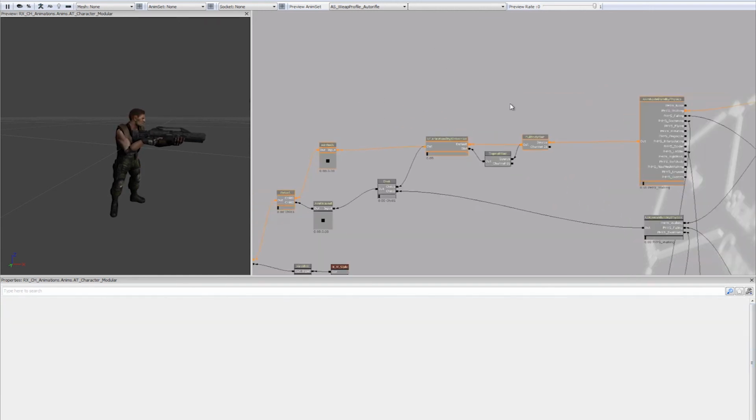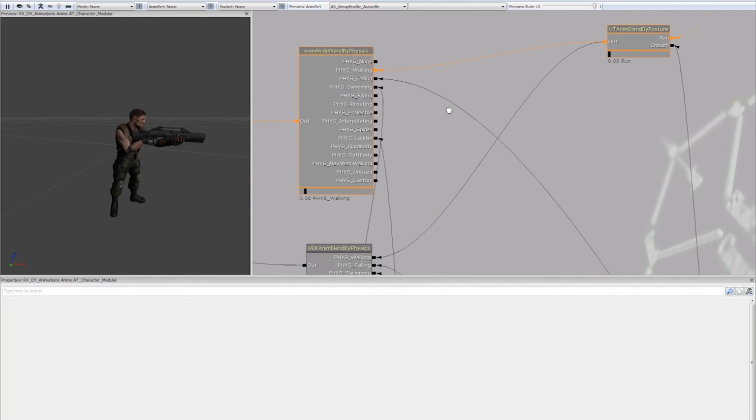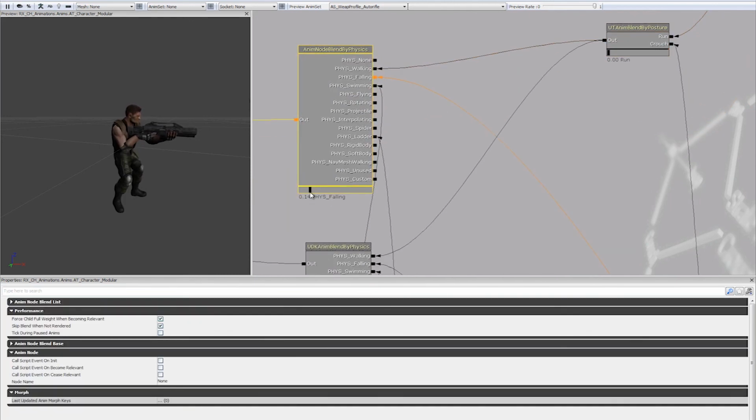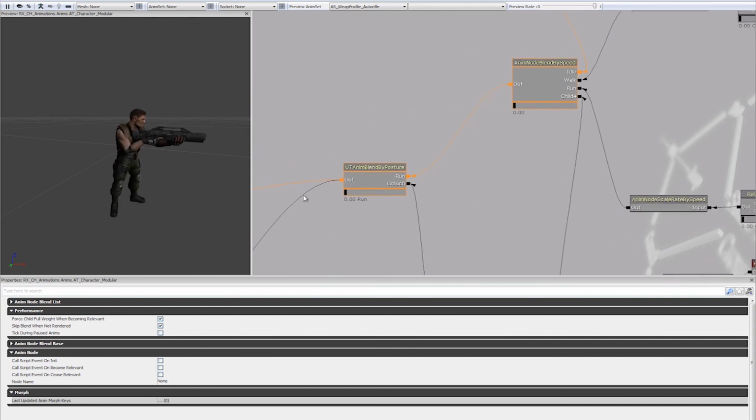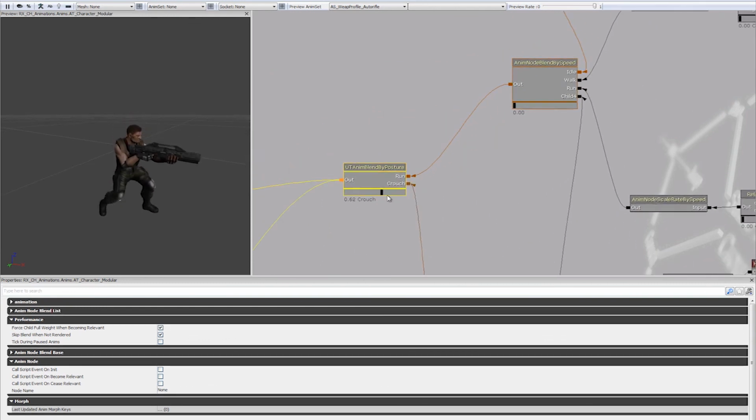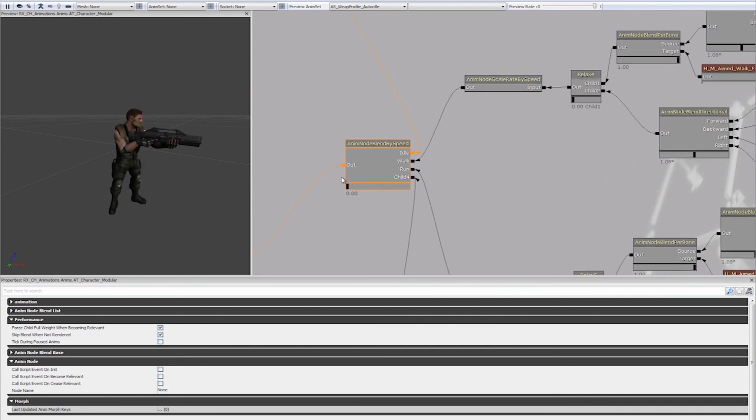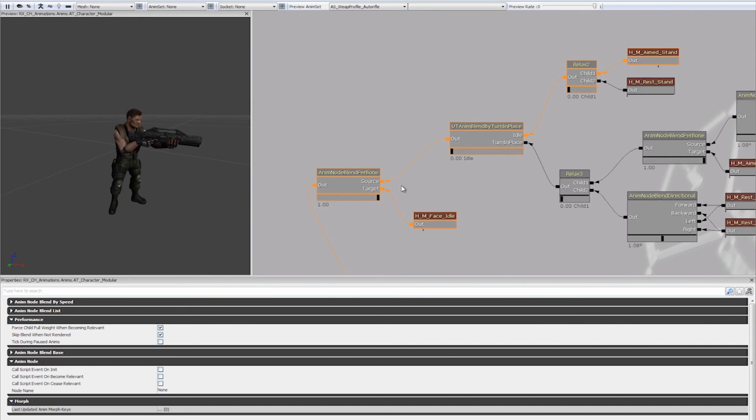You have things like different states. So when you're walking, falling, I think there's one for climbing a ladder, I think there's one for swimming. Most of the time we're in the walking state, so we could go to run, crouch, and then we have things like idle, walk, run, and then sprint. So pretty cool stuff. And on top of that, we have multiple different animations, like